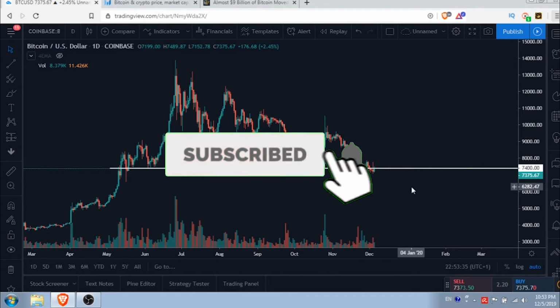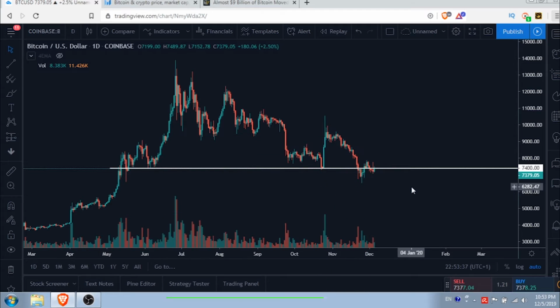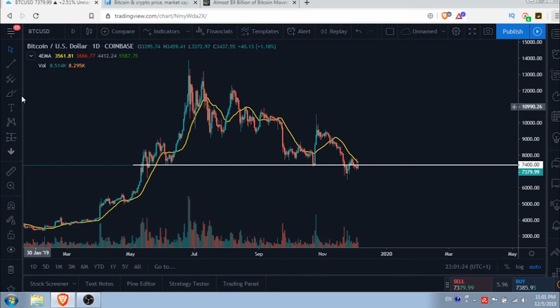And now let's see what the Bitcoin price is doing. As we can see, we're standing here on the daily chart on Coinbase exchange, and we can see that the Bitcoin price is still consolidating around $7,400. The reason why we're bringing this trend line of $7,400 level of support on the Bitcoin price is because this is one of the most important levels of support